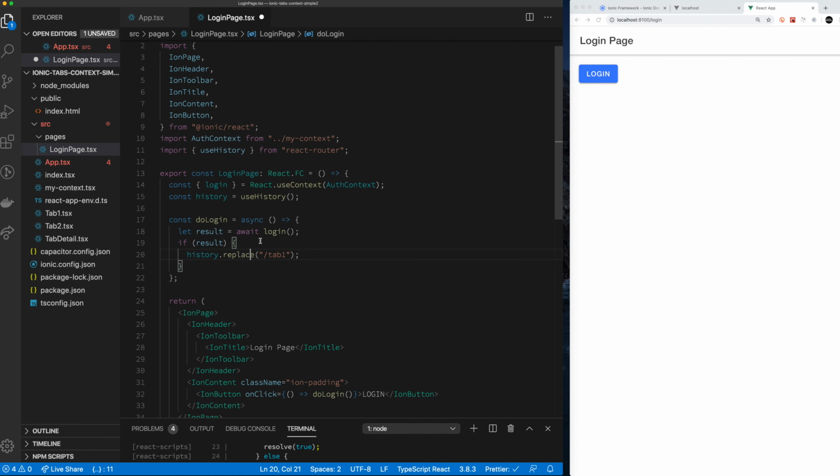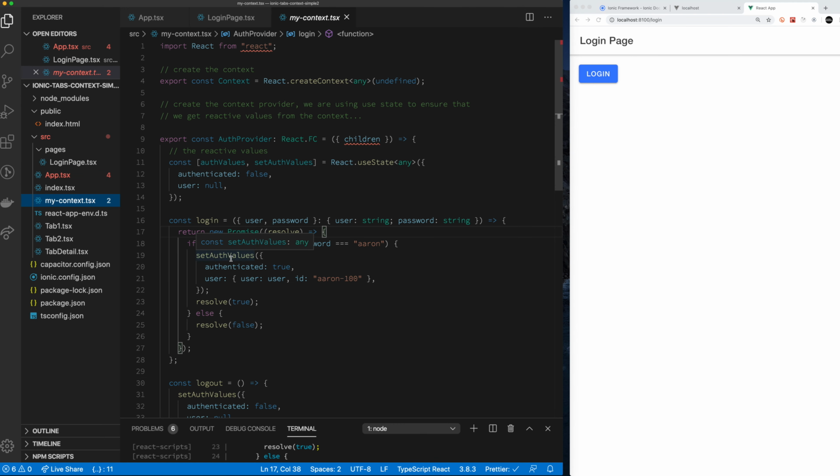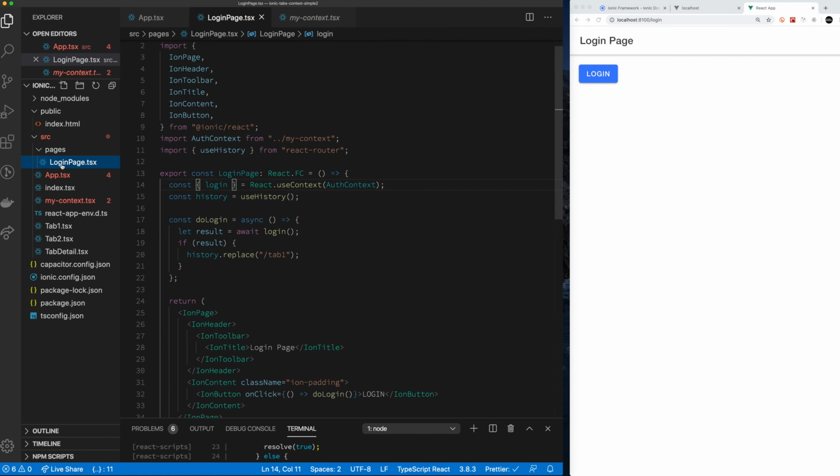And then what should happen, because if we look at my login function, so let's save this. If I go back to my context, in my login function, actually it's expecting username and password. Let me go fix this. So here, let's pass my login function, user,